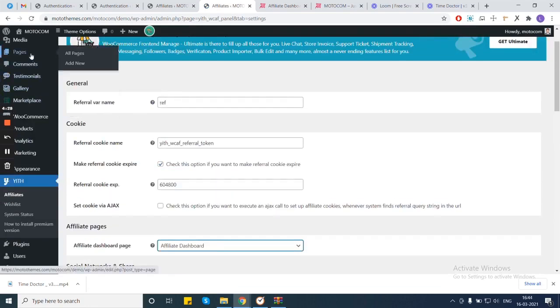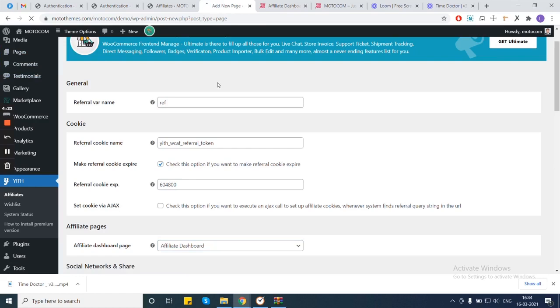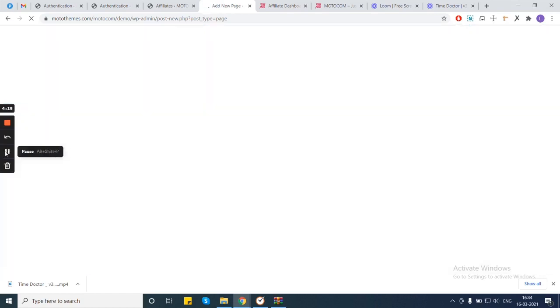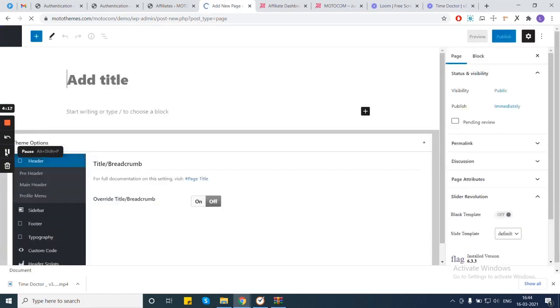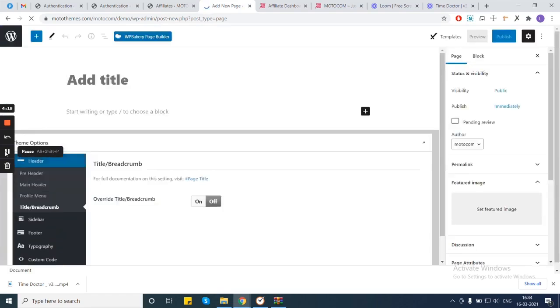So we will go to the page tab, add new page, type affiliate dashboard, to create the page.